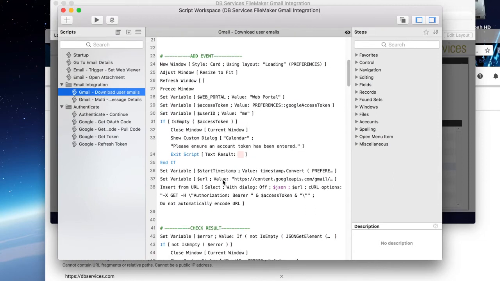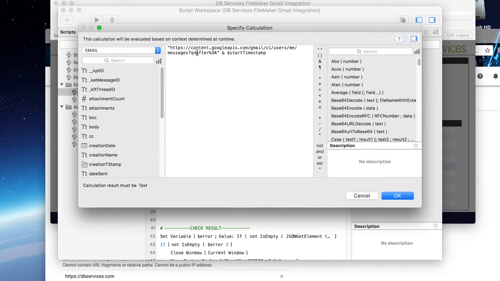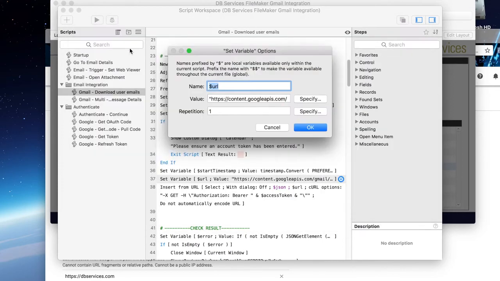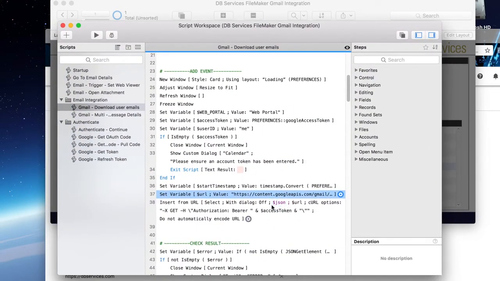But the first thing you're going to have to do in this section is get all of the messages. We're just trying to list all the messages after a certain timestamp, which is this field that we had back here. And that will just give us the ID and the thread ID. The thread ID is if you have multiple emails in a thread, so you're replying to an email over and over again, all those will have the same thread ID, so you can actually combine them and keep them together inside of your system. So it just gives you the ID at that point.